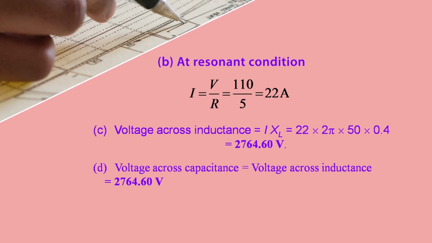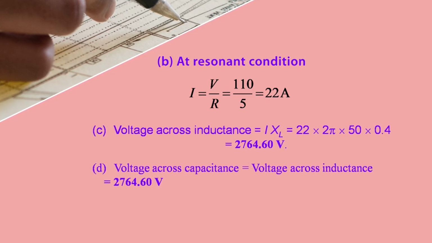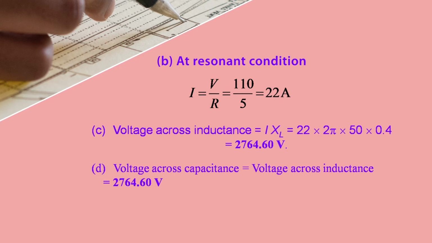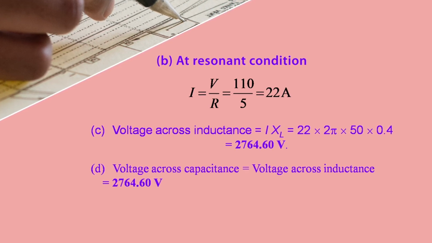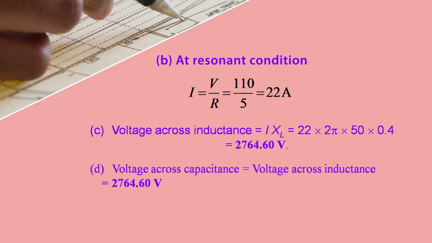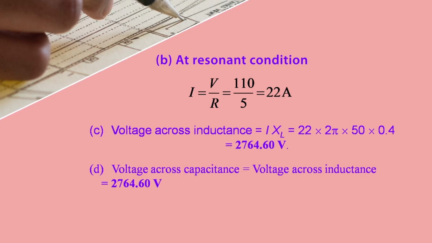when you put in all the values, you can easily calculate the voltage across capacitance. But there is another way to calculate the voltage across capacitance at the time of series resonance. As you know, at the condition of series resonance, Xc is equal to XL. And because it is a series circuit, the current flowing through this circuit is the same, whether it is resistance, inductance or capacitance. That means the current flowing through capacitance is the same as the current flowing through inductance, and the values of Xc and XL are also the same.